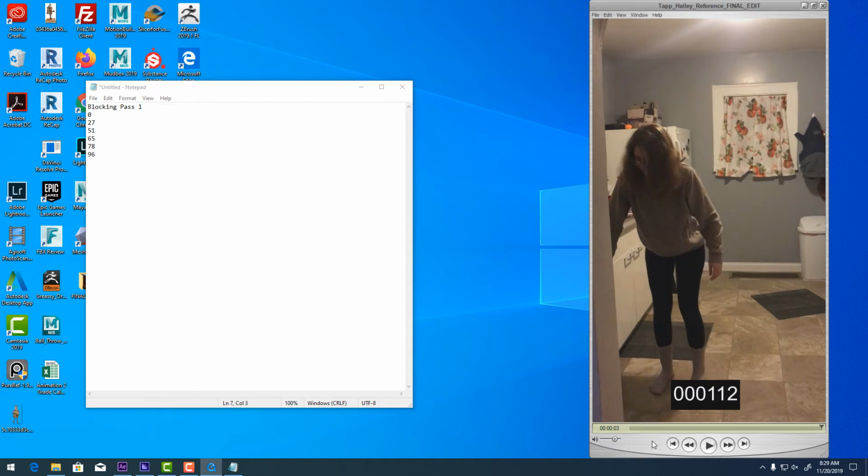And then it looks like we have a settle pose here. We settle in at about frame, it looks like it ends at frame 112. Now with this, I would probably deviate from my reference a little bit to get a better resting or settling pose. It looks like our character at this point, the spine or back is still tilted forward, and I would maybe want to bring that up and have the arms come to the side as sort of a resting pose. But these would be my blocking passes